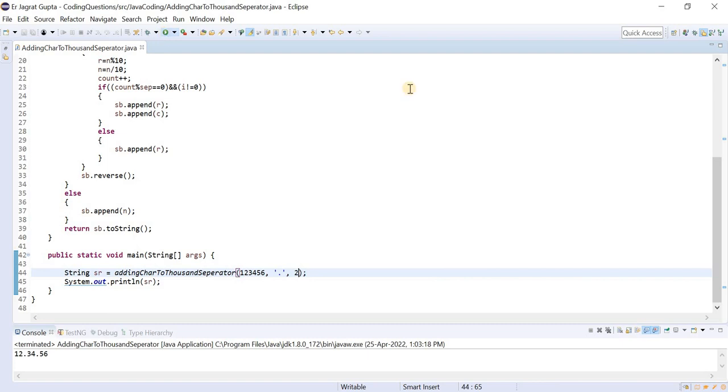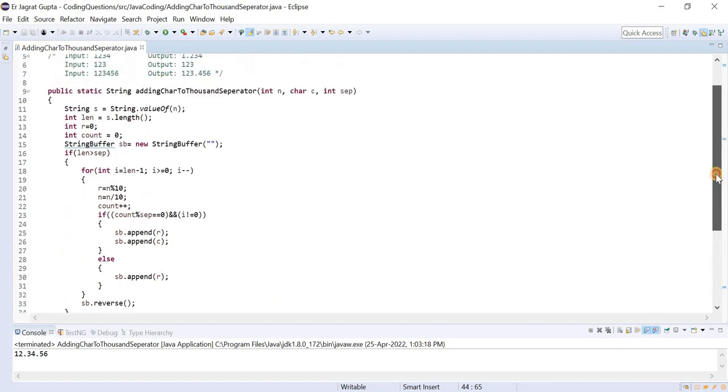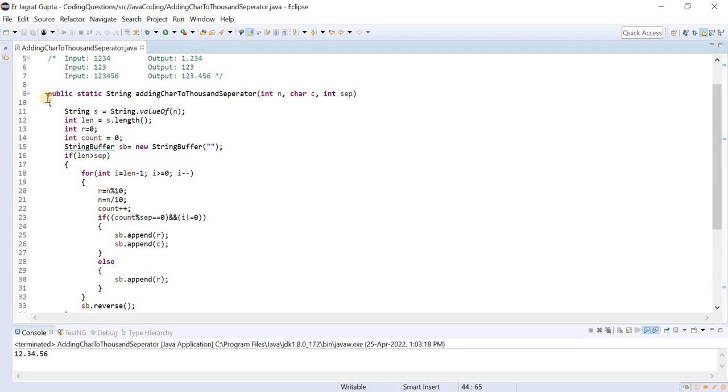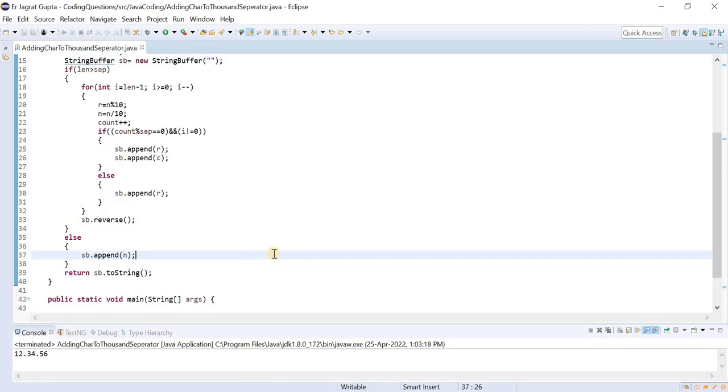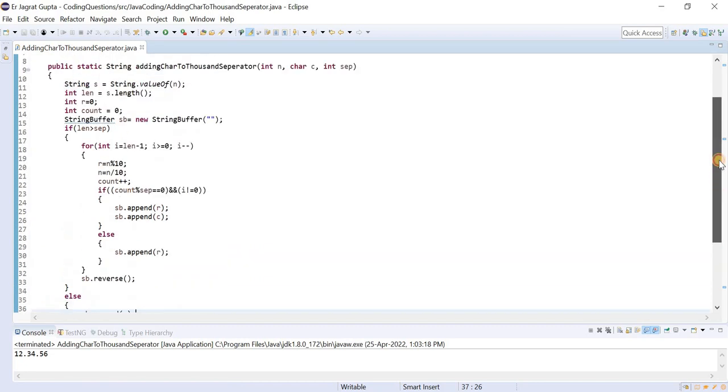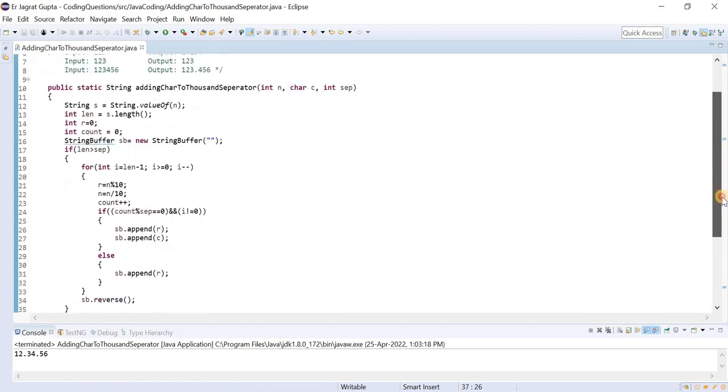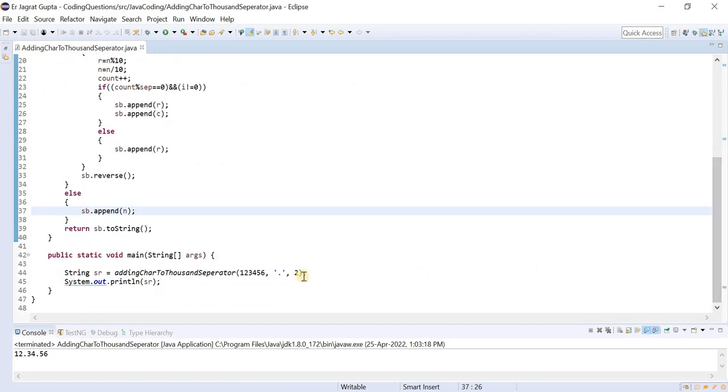See. Okay, so you can easily see now we don't need to change anything here. In the main code we are not going to change anything. We generalized it, and whatever separator you want, you just mention here, and based on that it will give you the output. So this is a very important problem, and I hope that this particular problem is understandable by you guys. So please practice this, and I will come up with another interesting problem very soon.